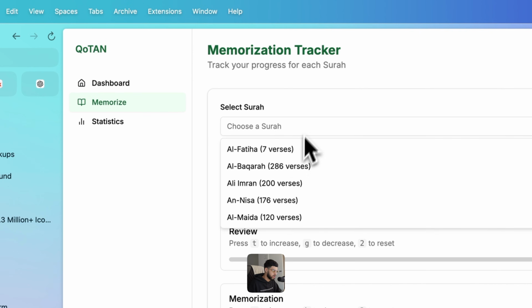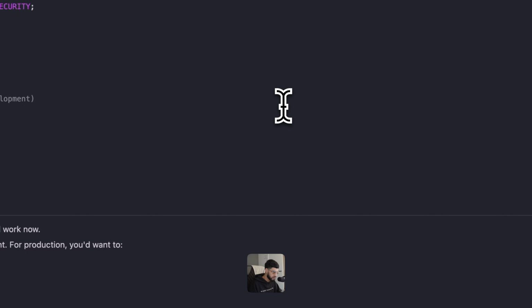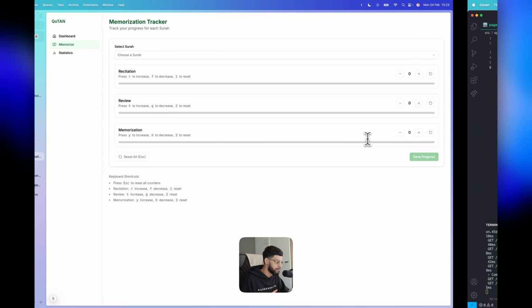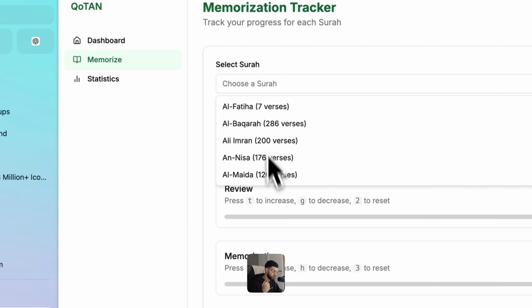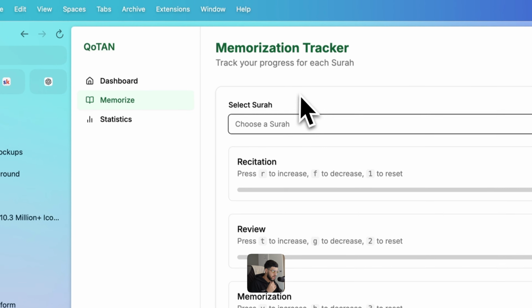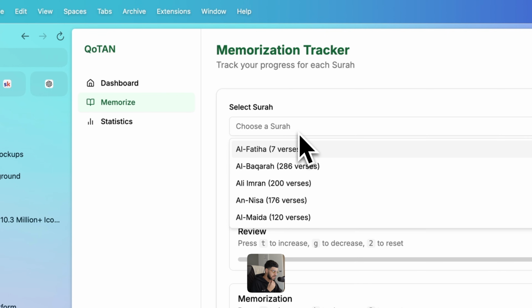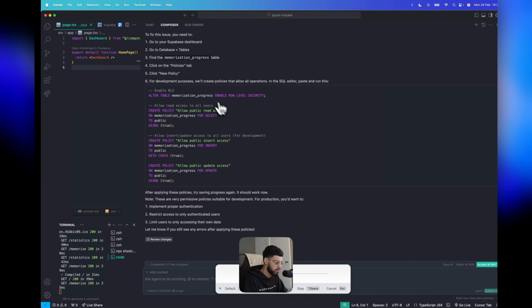What I want to do actually is have every surah in here. This is perfect and it works absolutely perfectly. Can you add all of this information into context.md? And once you've done that, can you please add every single surah from the Quran in the database? Give me the SQL query for that. And then can you add like a search field? So when you can choose a surah, I also want to be able to search for the surah and it will bring out the right one in the drop down menu.